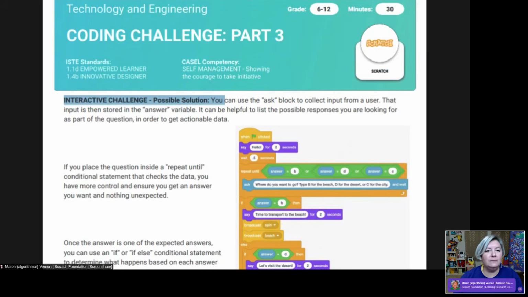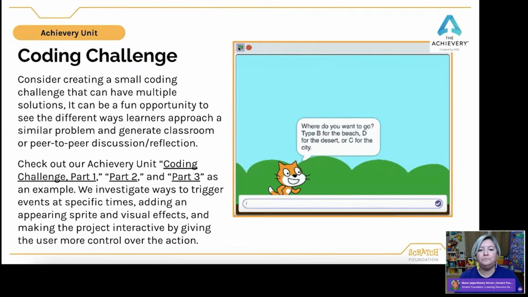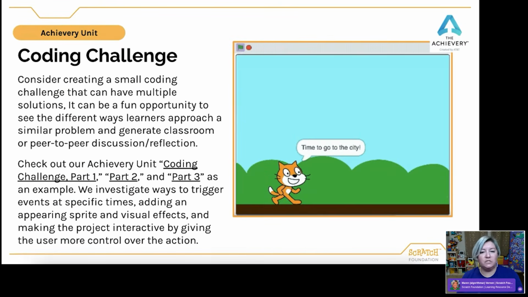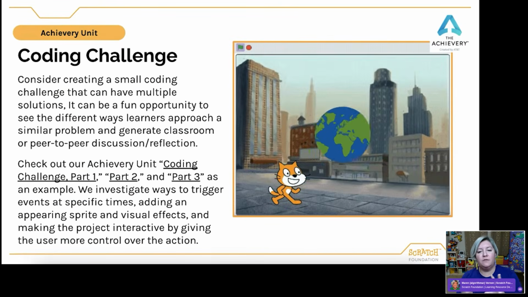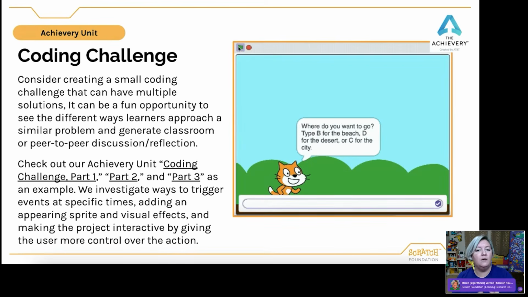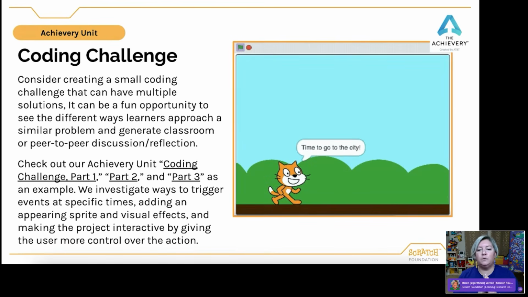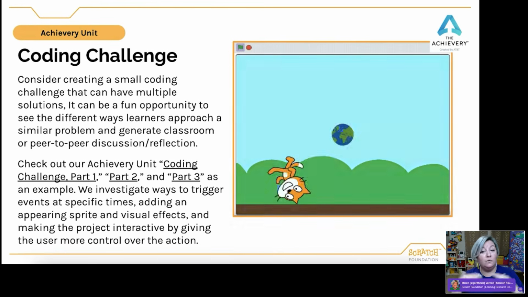So I want to highlight that word possible because there could be, again, multiple ways that you can approach this challenge. Possible solutions are really just there to give educators, especially those new to coding, maybe coming from some other subject areas, some helpful hints. But again, I just really want to be clear this isn't the only solution.